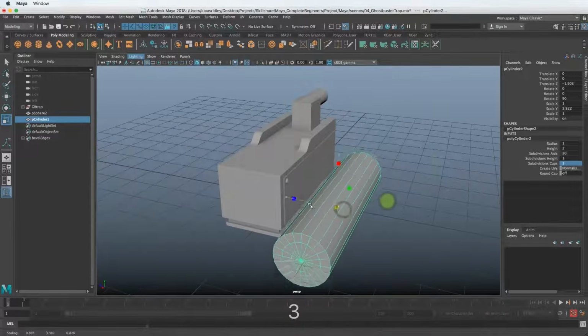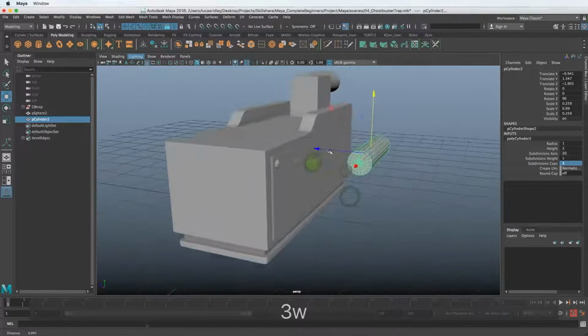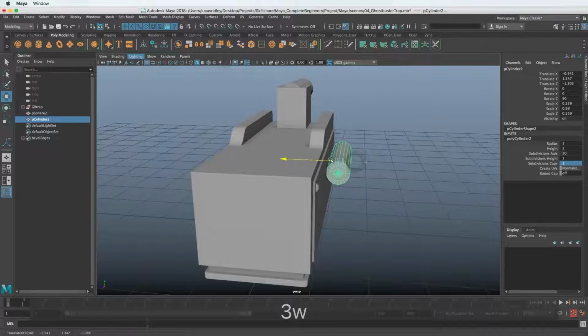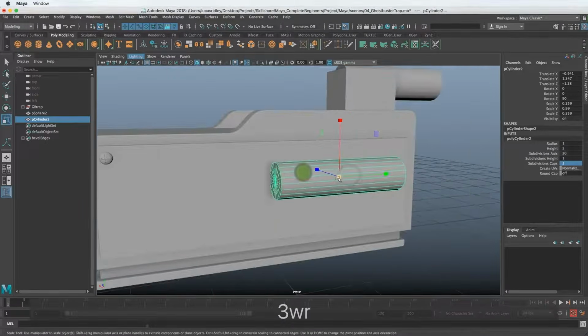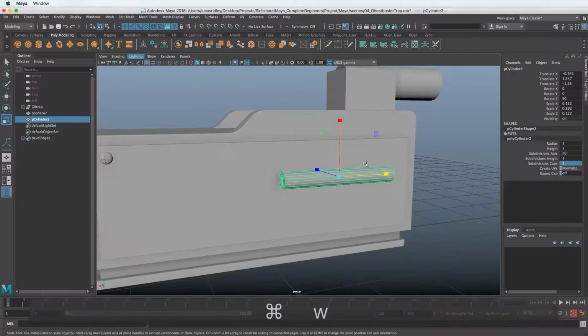I'm going to drag this out, scale it down, move it over, move it up, do all this fun stuff that you know how to do now. And let's just scale it down and then drag it out. Let's see how they're kind of far apart and maybe a little thicker.